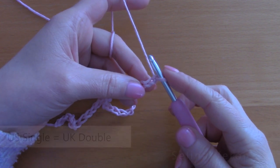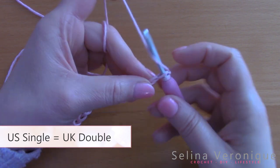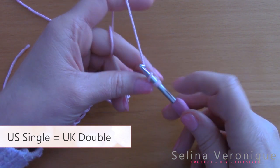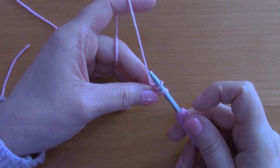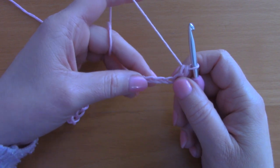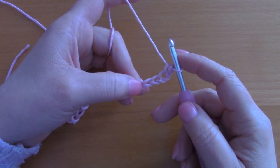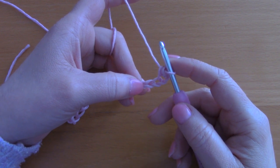So to create your single crochet, pop your hook through directly, pull up a loop. You have 2 loops on your hook, take your yarn and pull through 2 loops. And now you are going to be skipping 1 and 2 chains and going into the next chain with 5